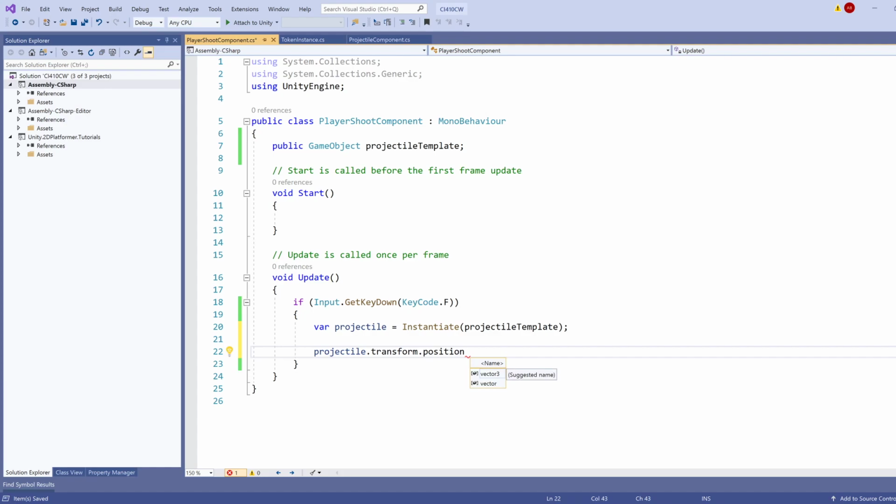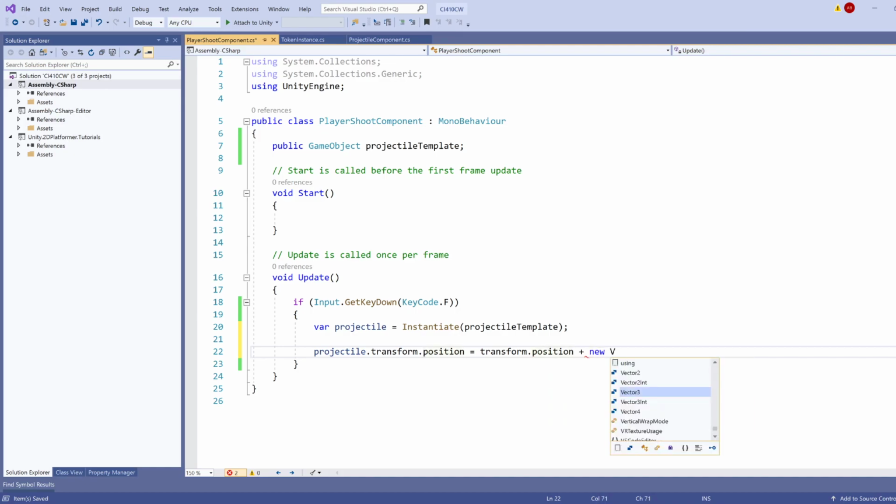And for that, we're going to take the player's position and we're going to add a vector to place the projectile in front of the player. Okay, I can already think of an issue potentially, because we need to figure out which way the player is facing. For now, let's keep it simple and then just spawn it to the right all the time. So the position is going to be game object. Actually, I can just use transform because the transform refers to the player's transform. Position